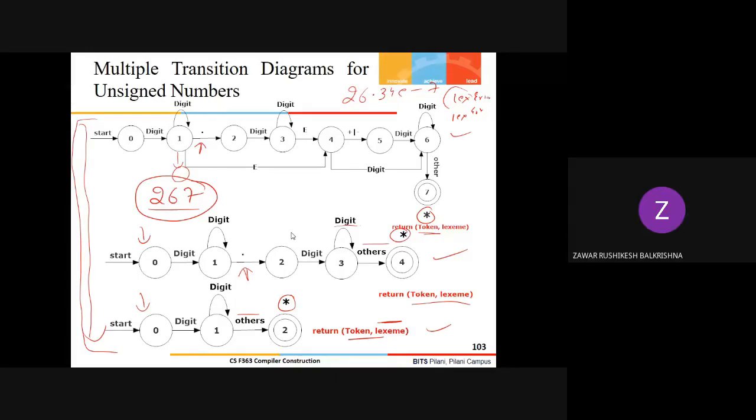Take the first priority one. Take the first priority, but what about the principle of maximal munch? Here the thing is that even if I have gone by the priority, I have to consume the maximal string, right? So suppose in the first...